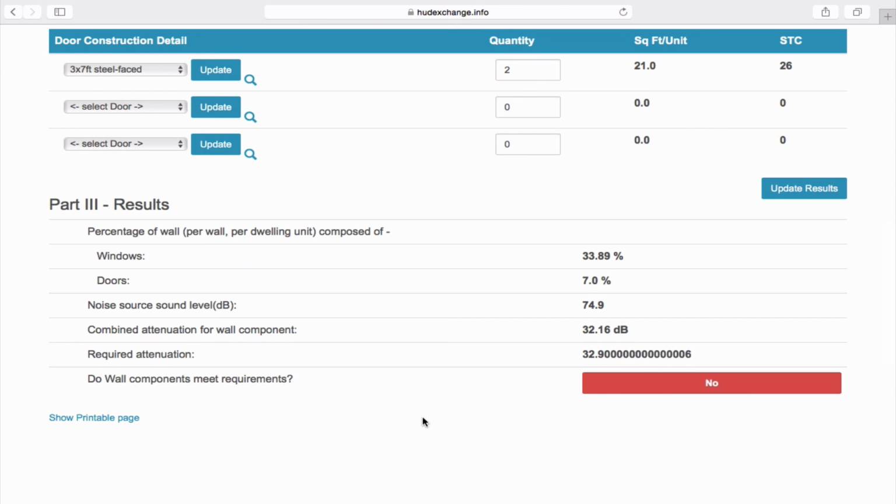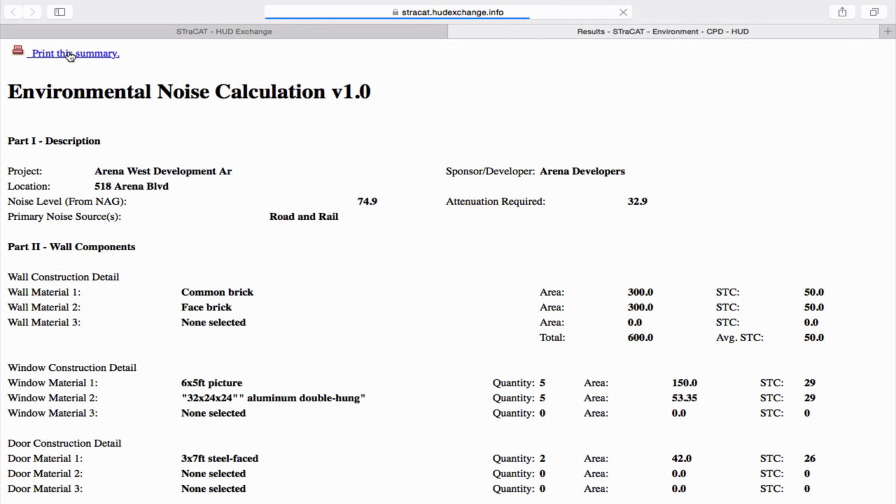You can click Show Printable Page to print the summary after completing the tool. On the printable pop-up page, click Print this summary and place it in your